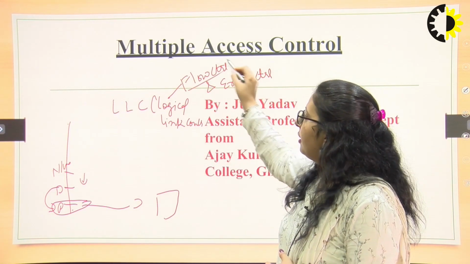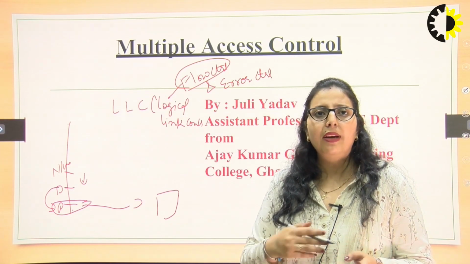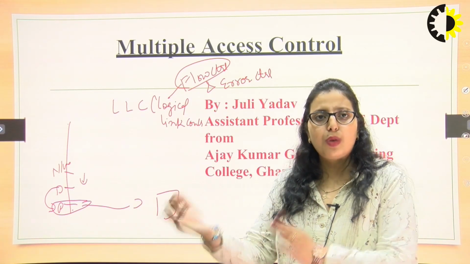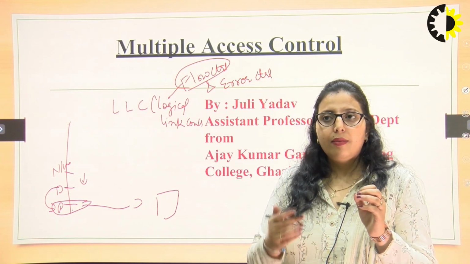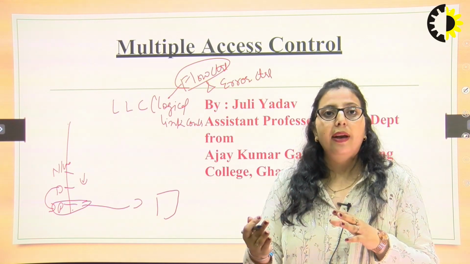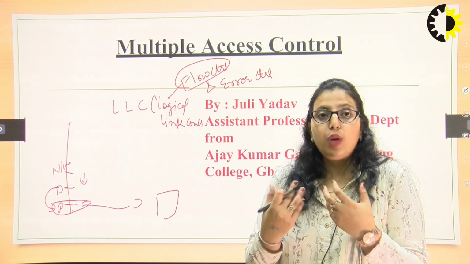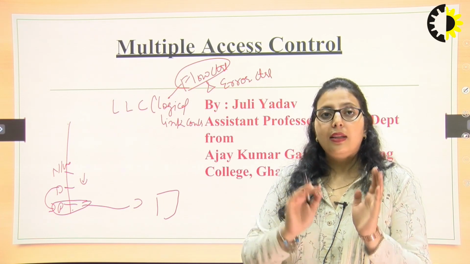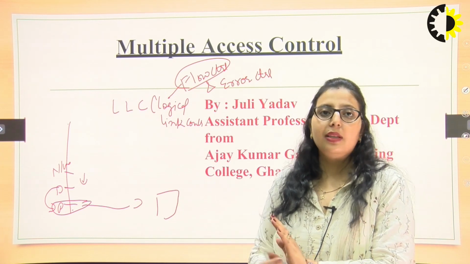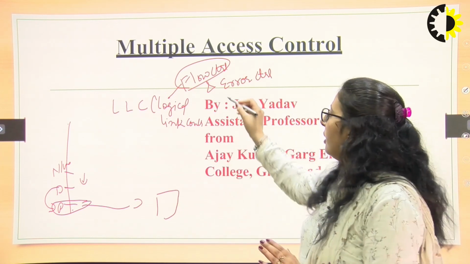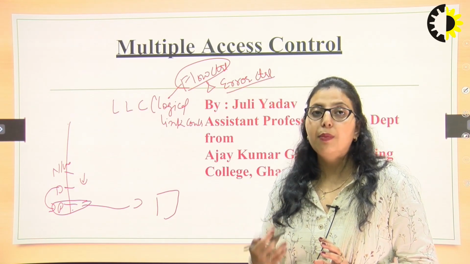These we studied in flow control. In error control, we studied how, while the data is being sent from one source to another place or to the receiver, we want there to be no error while the data is transmitting. To ensure that what we have sent is the same as what is received by the receiver, we need to control that there is no occurrence of any type of error.